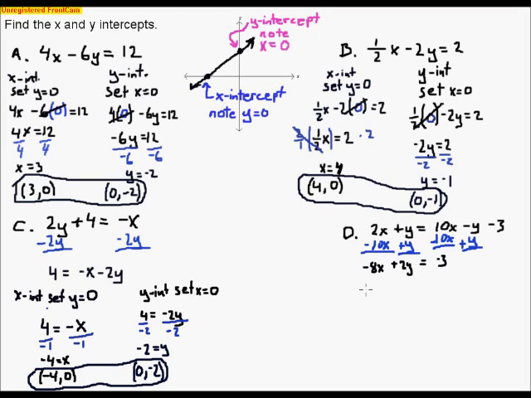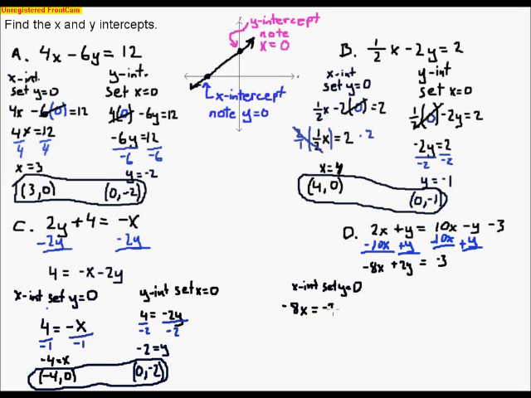So now we're ready to come up with our two intercepts. So let's start with the x-intercept. Remember, we're going to set y equal to 0. So we're canceling out this y term, so it's no longer there. It's just going to cross right off. So all we're left with is a negative 8x equals negative 3. And that's what I'm going to end up writing down next. So go ahead and write that down. Negative 8x